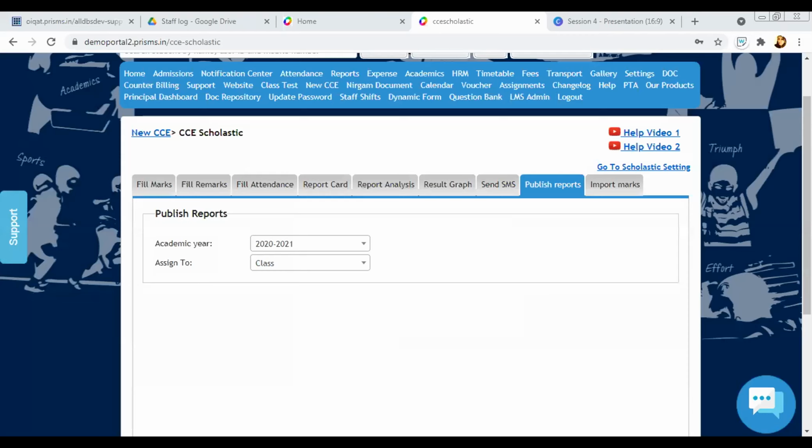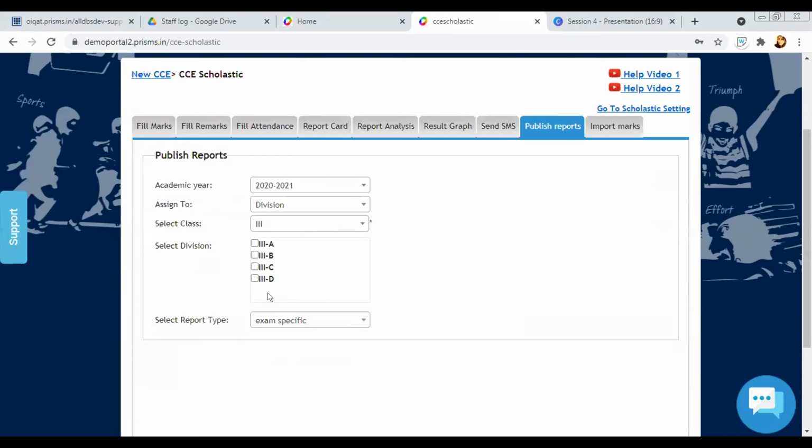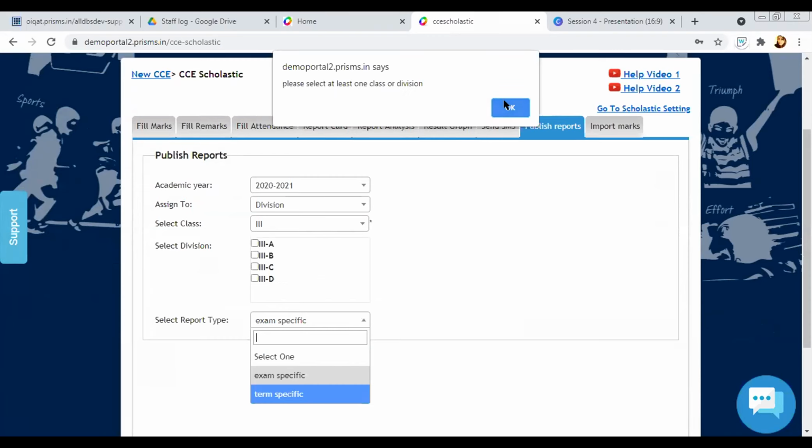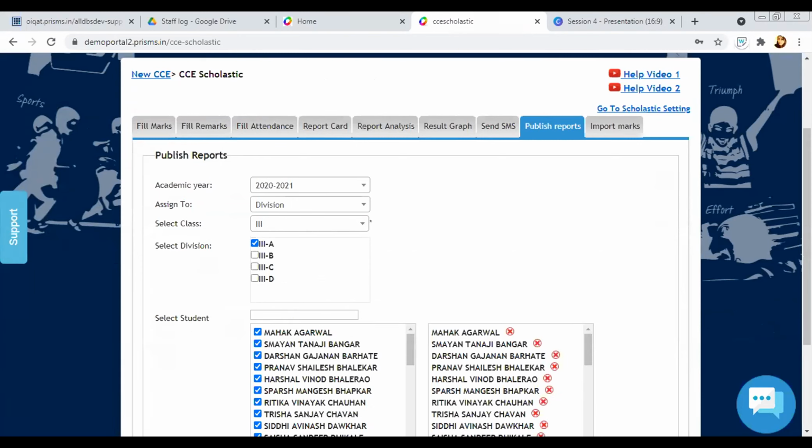Yeah, thank you. So here you can select a class or a student or however you want. You can select this and you can publish it. Whether you want to publish it exam wise or student wise, you can publish it. If any queries, you can unmute yourself and ask the query.